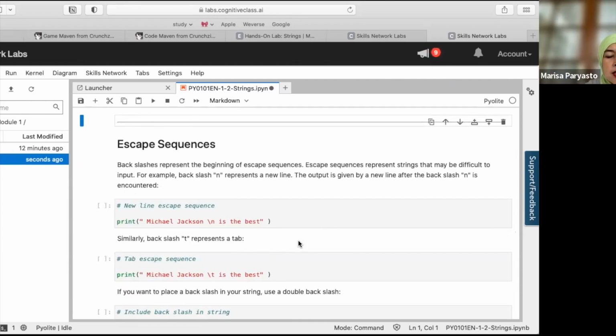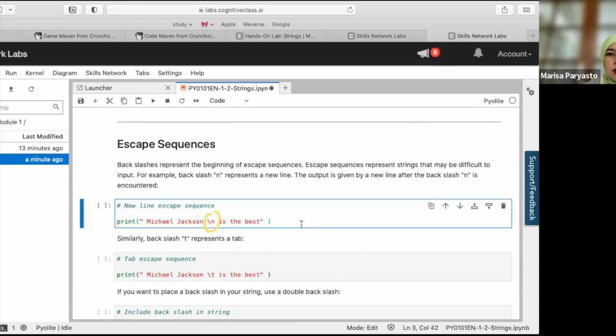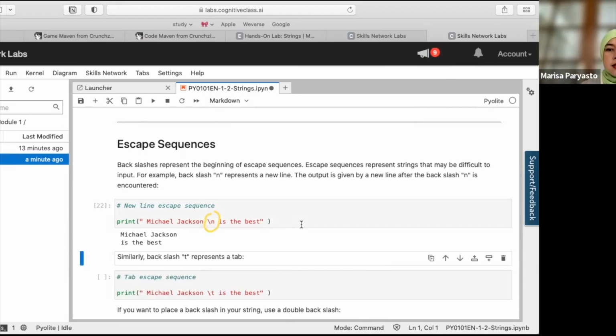Escape sequence. Oh, okay. Escape sequence is like this, Gaby. When we want to change line in between words, you just put this. \n means new line. So when you run it, Gaby, try to run this one. So it will print in a different line. And